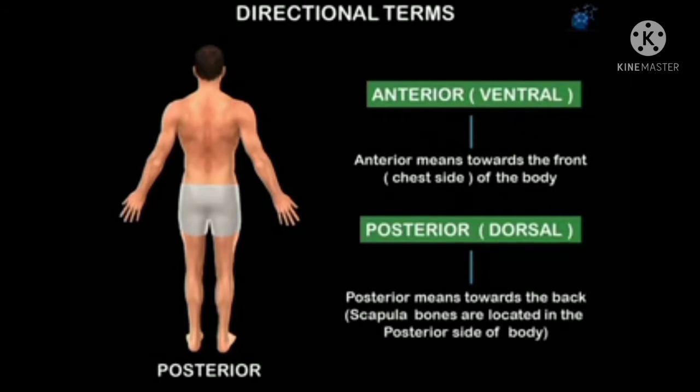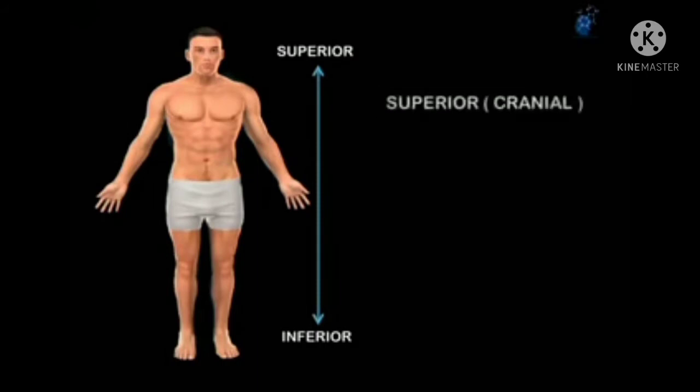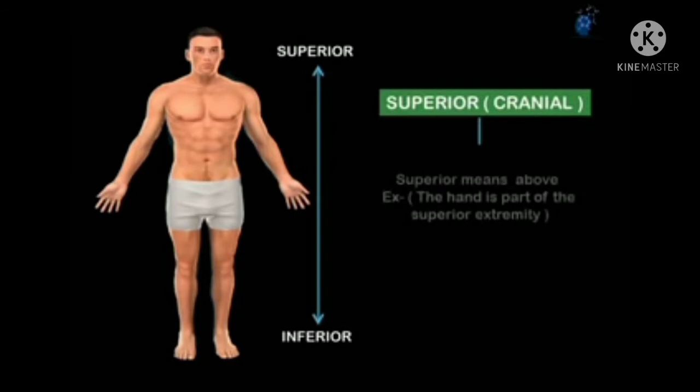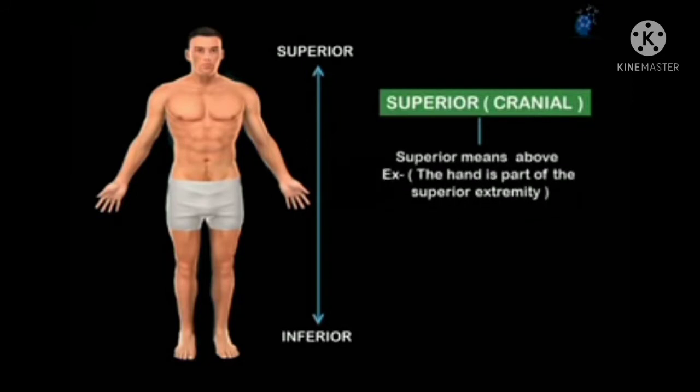Now we will discuss the superior and inferior. What do we mean by superior and inferior? As you can see here, superior is above and inferior is directed below. Firstly, the superior is also known as cranial, and superior means above. For example, the hand is a part of the superior extremity, as you can see clearly on your